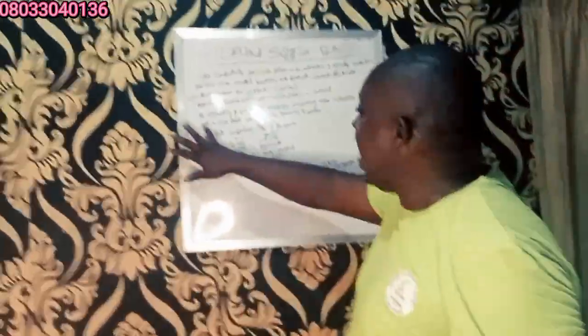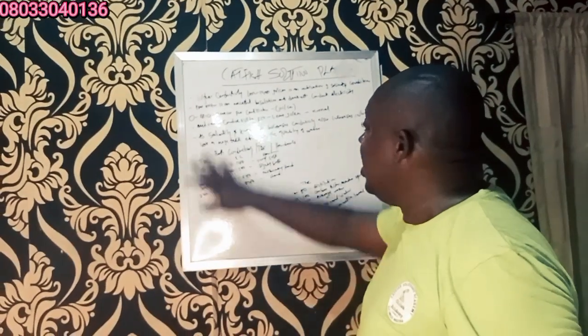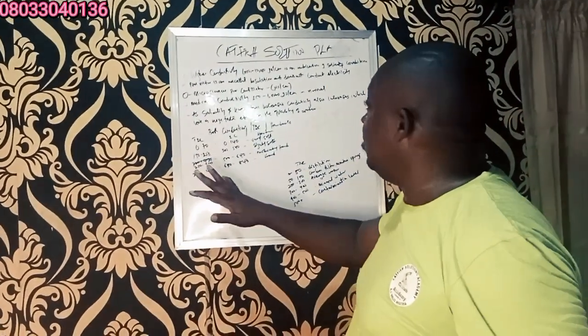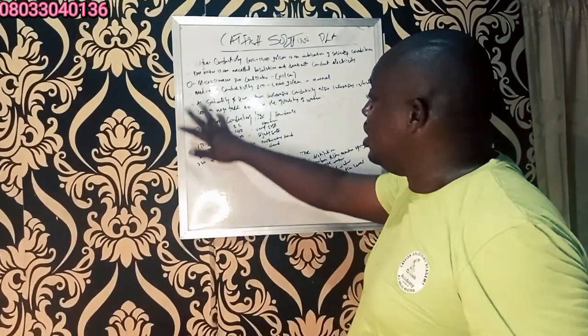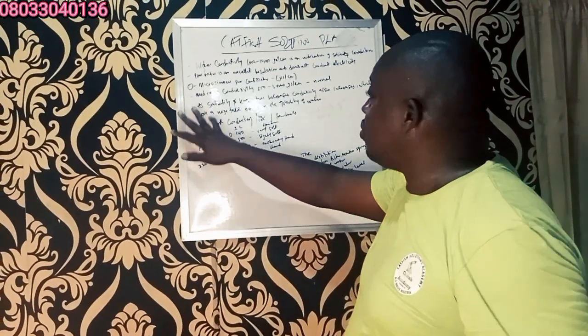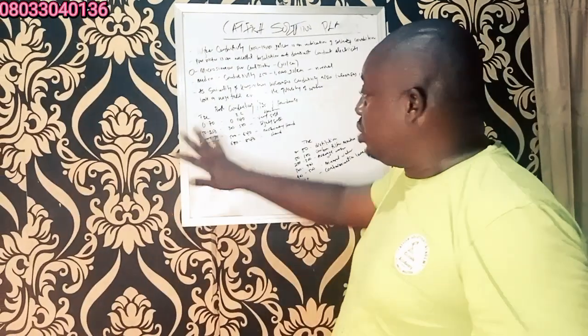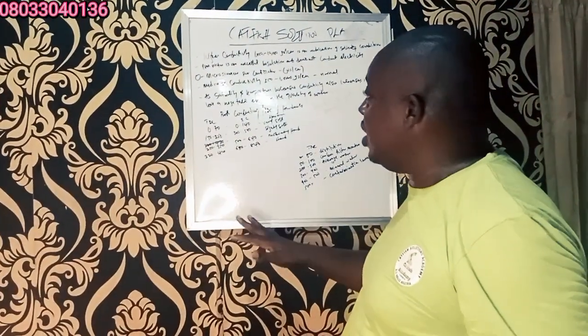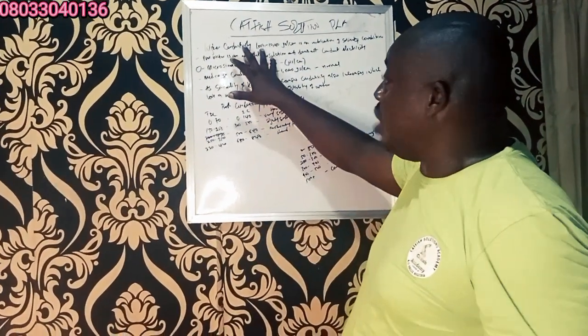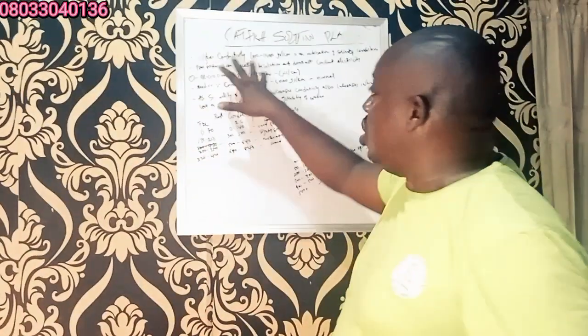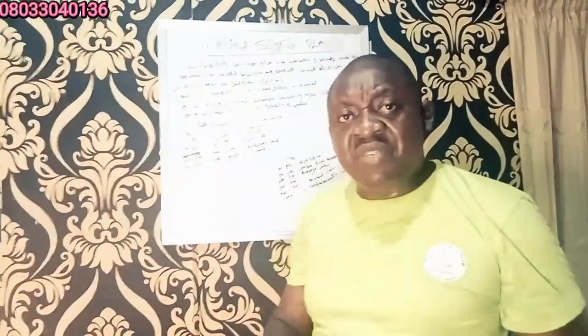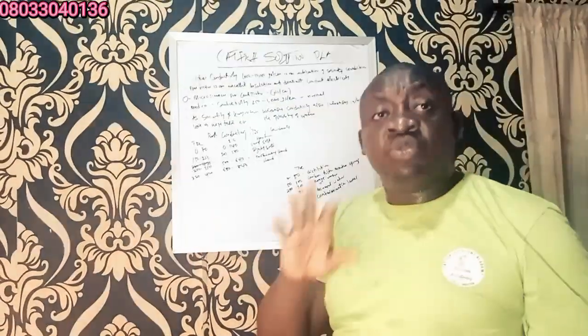So that is the essence of you having a perfect conductivity. A good conductivity ranges from where? It ranges from 0 to 1000, but a higher conductivity starts from 1000 to 10,000,